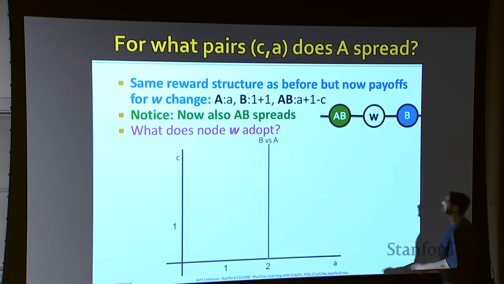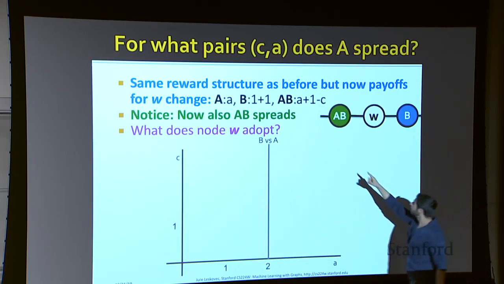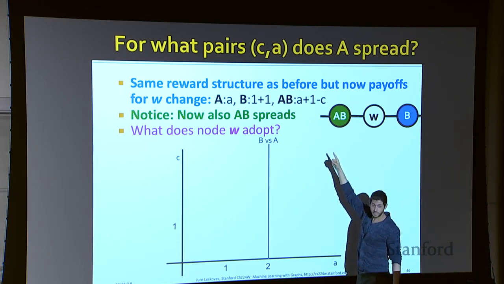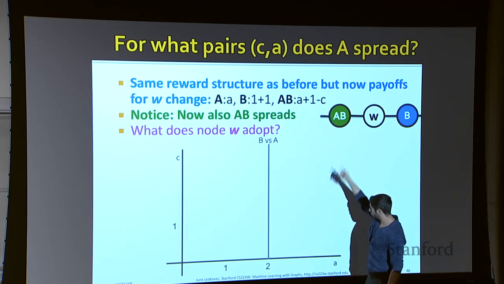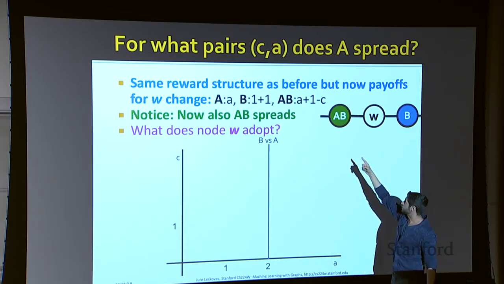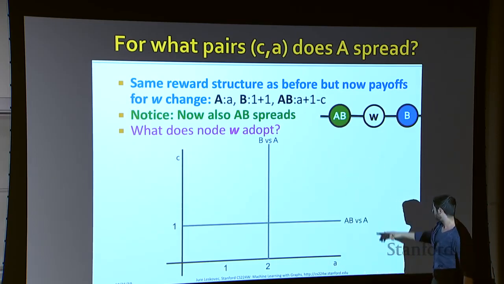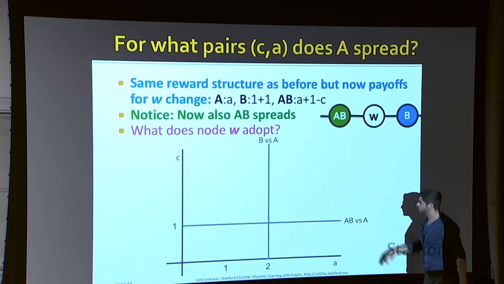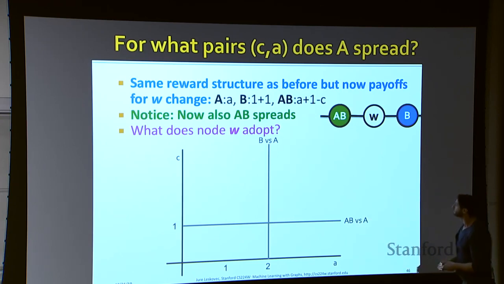And the reason is, there will be a payoff in total equal to 2, because we have A plus 1 minus C, okay? And same here, our cost there is equal to 1. So AB versus A basically tells us if